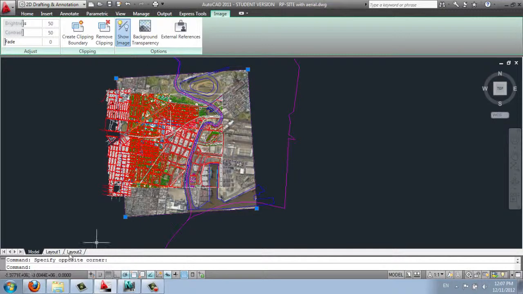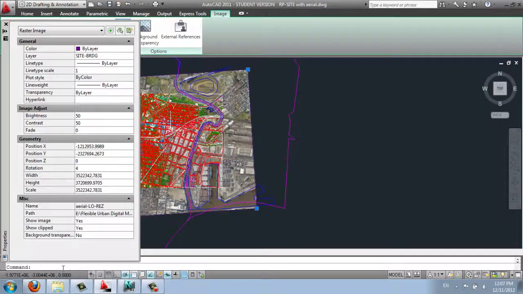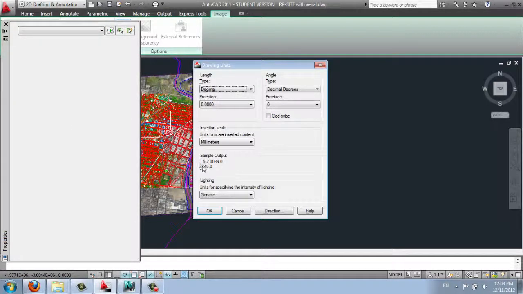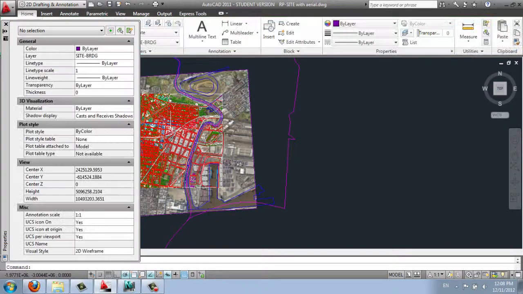the area photo, then you type in properties, and then you can see it's the raster image, and then you have the width, height, and scale, and the rotation. It's 4, but apparently it's being rounded off for the rotation, so you need to type in units, enter, and then the precision, probably make it 2 decimal places, should be more accurate, and then click OK,